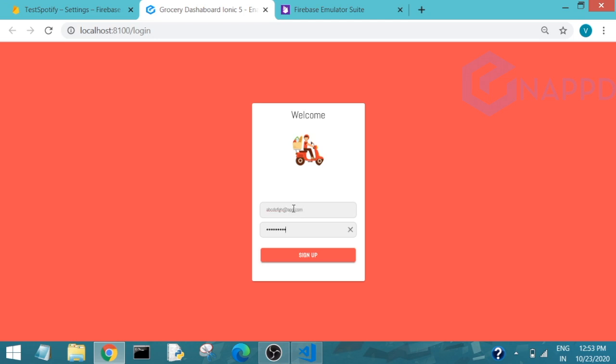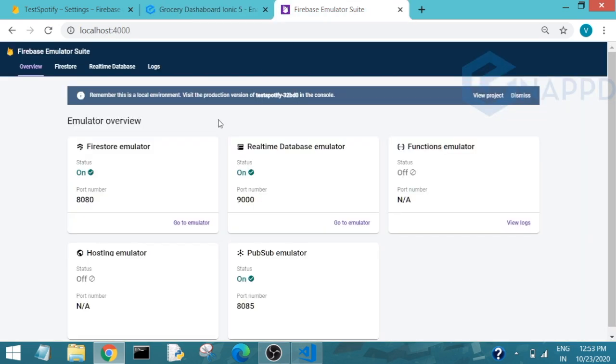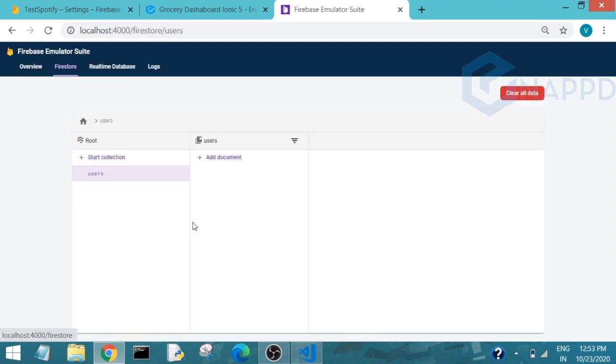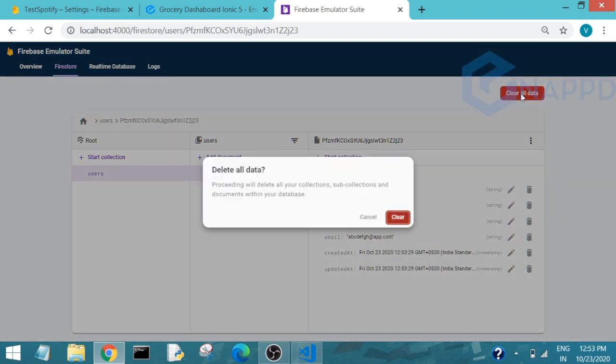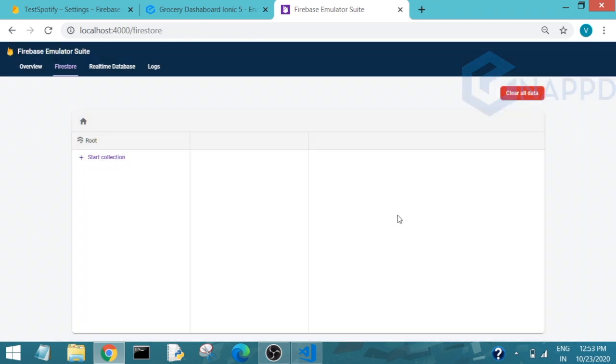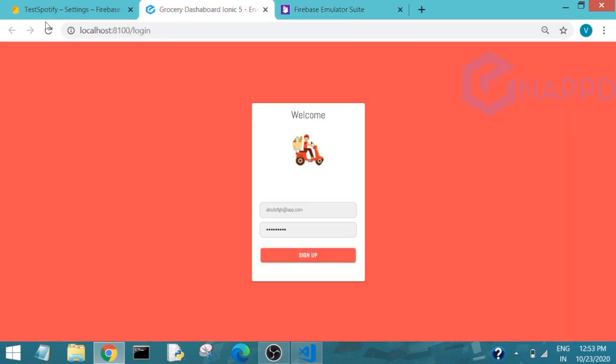I'm just checking by putting in some data whether it is already storing my data, because I have already changed the configuration. If I go to the emulator, you can see users are created and I have signed up a new user. This logic I have already created. So my emulator is perfectly working. Here I can clear all the data at once and I have more control over my instances. So let's see one part of the configuration which we forgot to mention.